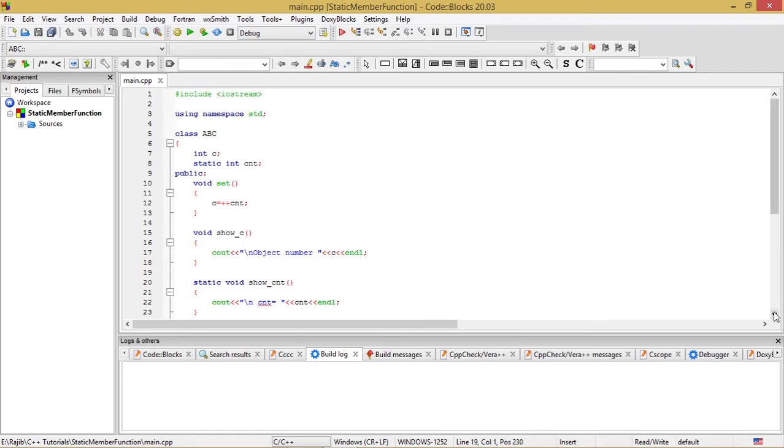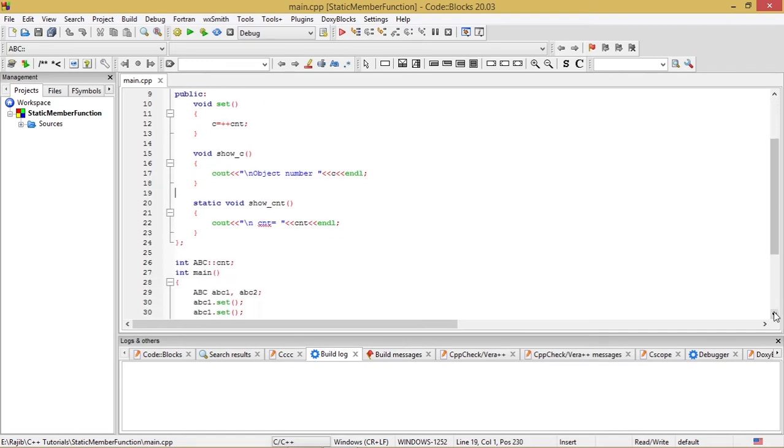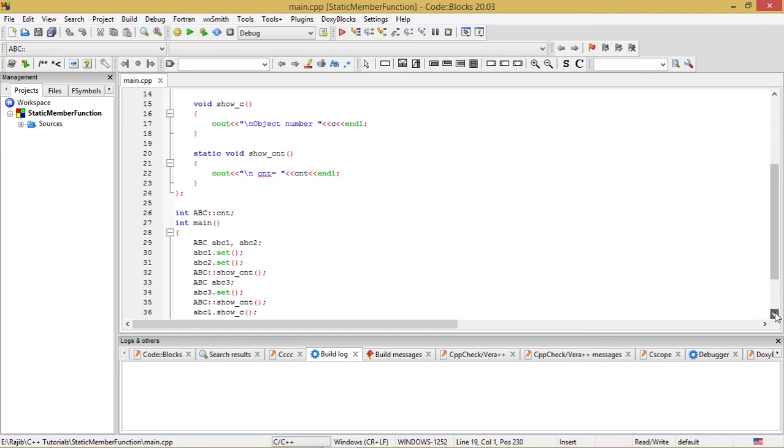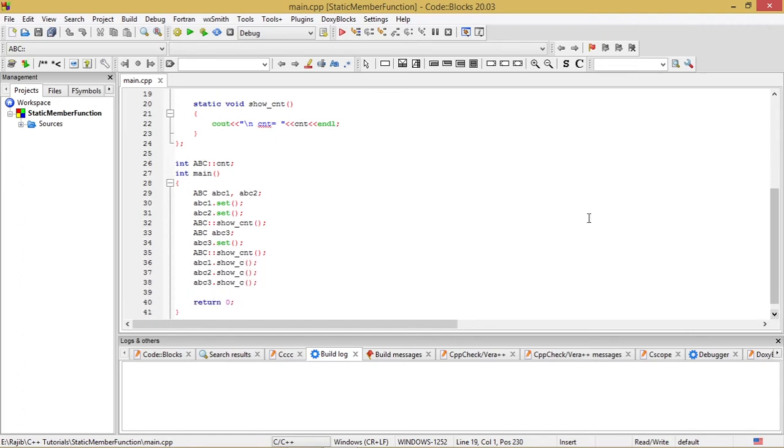After that, what have I done? I have closed the function body by means of this closing brace followed by a semicolon. After that, an interesting thing to be noted here is that we are going to use the cnt variable, which is a static data member declared in the class ABC under the private visibility modifier.